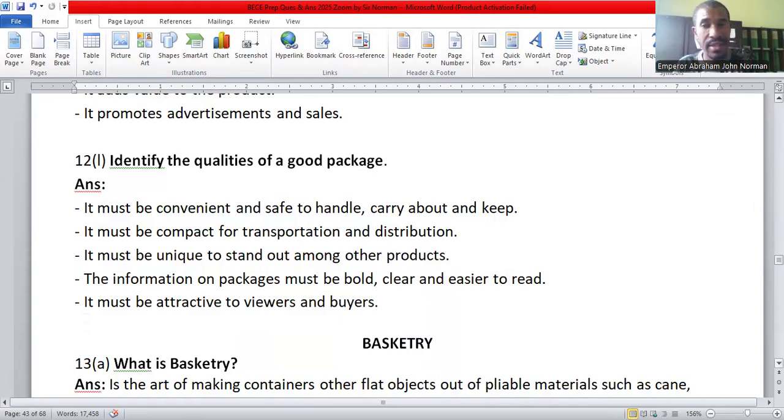So in the new GS syllabus, these are the graphic designs that the curriculum is focused on. But apart from this, we have a billboard. A billboard is a large board